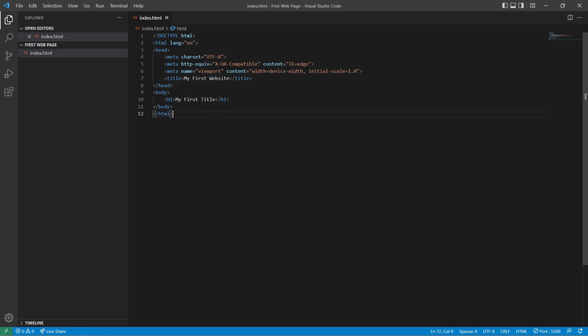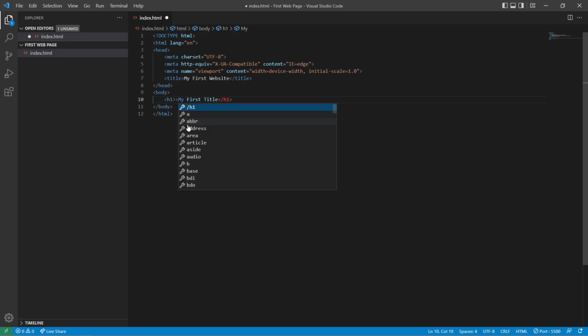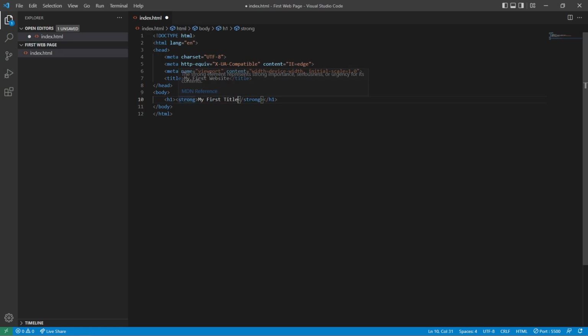We're putting an H1 tag because we want it big, we want it bold. Well, if we really want it bold, we could use the strong tag. What strong does is basically bold the text, but for bolding you usually use the bold tag, or the B tag, I think it is,